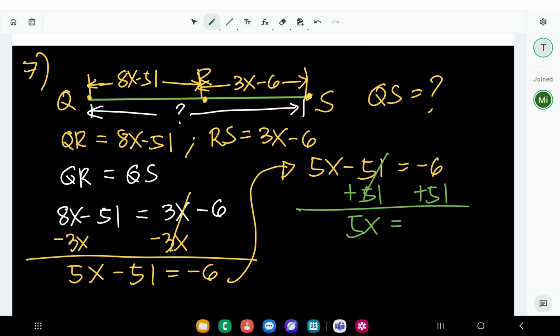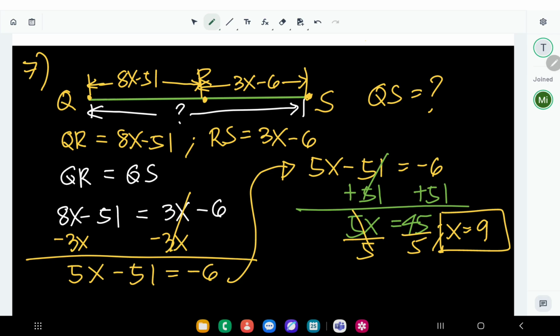Thirty-six or 45? Maybe 45. Not 45. Okay, and then we divide both sides by 5. So x here is equal to 9. Now we already have the value of x, then we can plug in x here